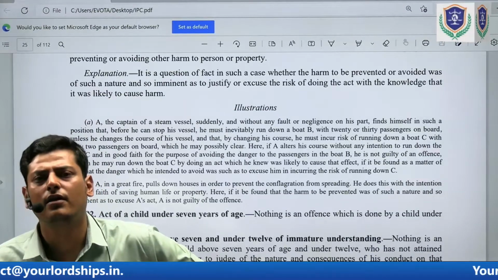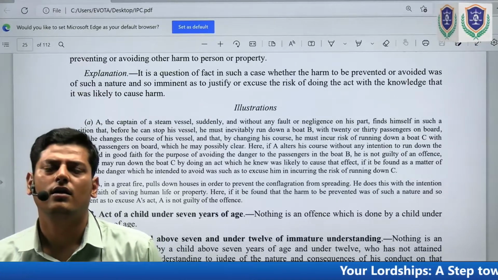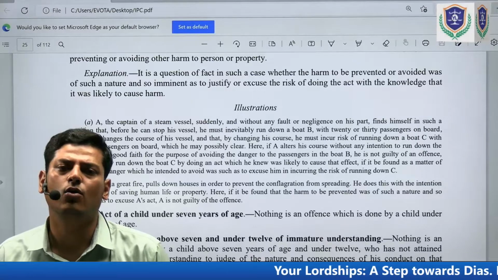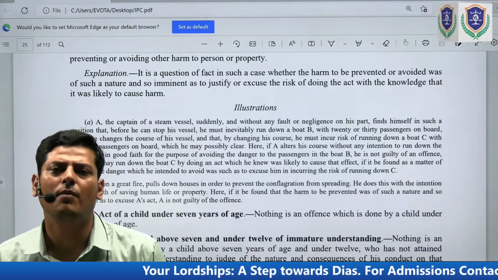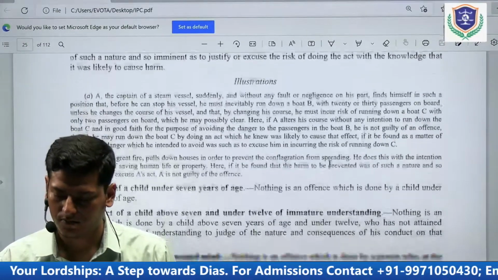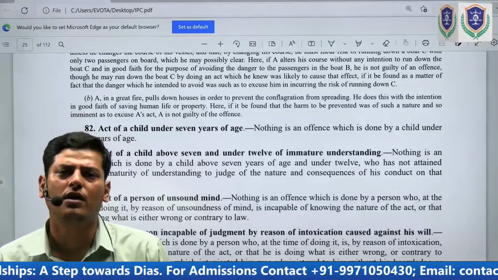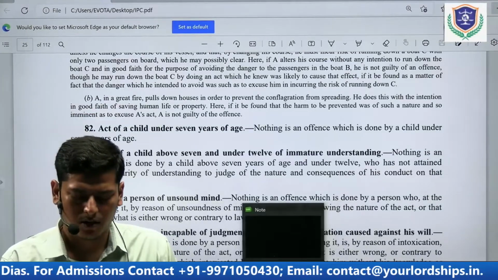एक स्टीम वेसल एंड सेकेंड इलस्ट्रेशन डील्स विद houses that have been caught on fire. To prevent the conflagration from spreading, a person has pulled down certain houses. Okay. So this is about section 81. Now we come to important cases. Important cases क्या हैं इसमें? Section 81 के important cases